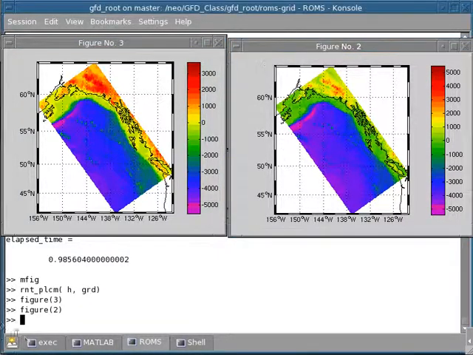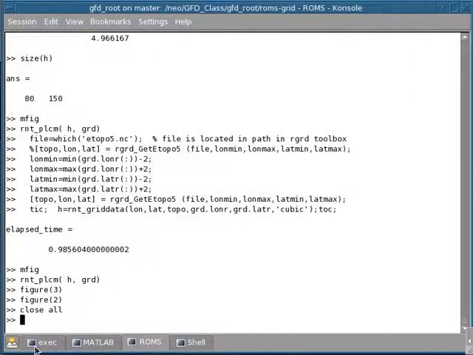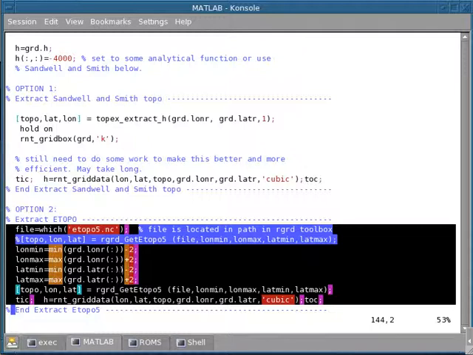So you can choose one or the other, and you can read about it in the scientific literature to see which one is best in your region, different topographies. Okay, so now